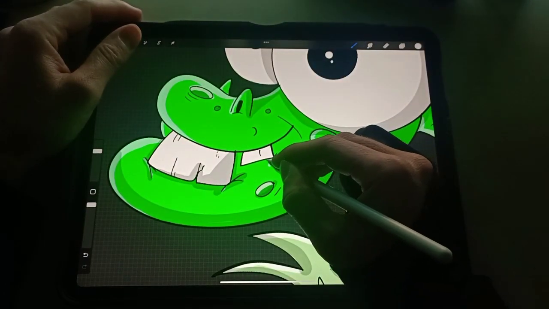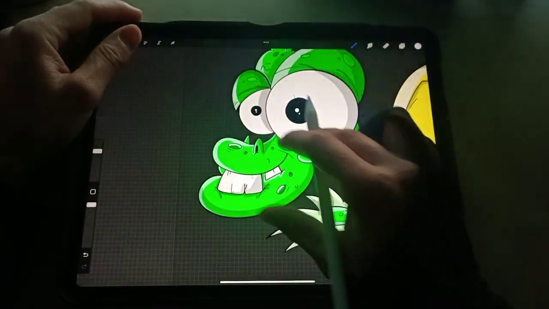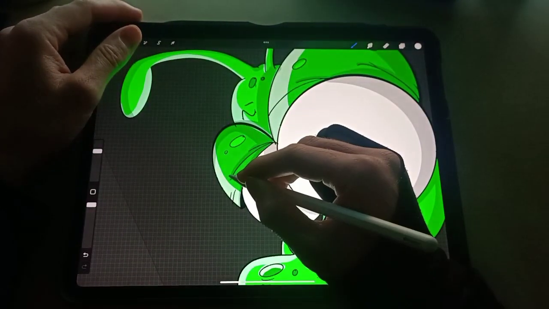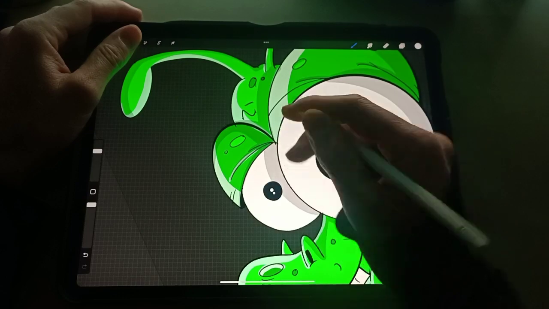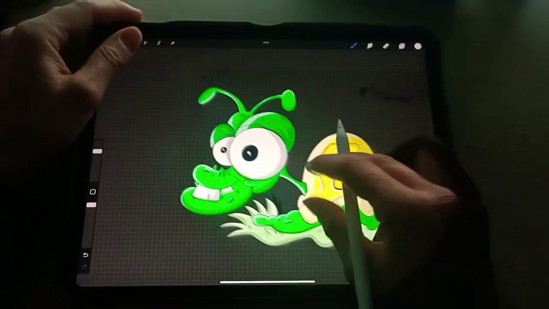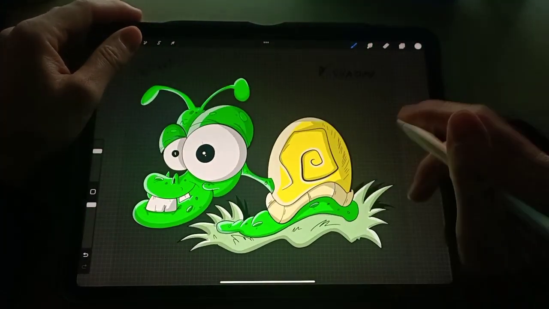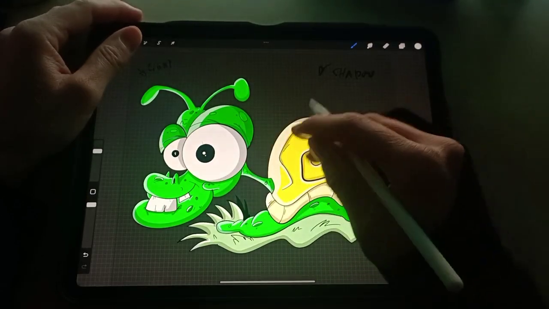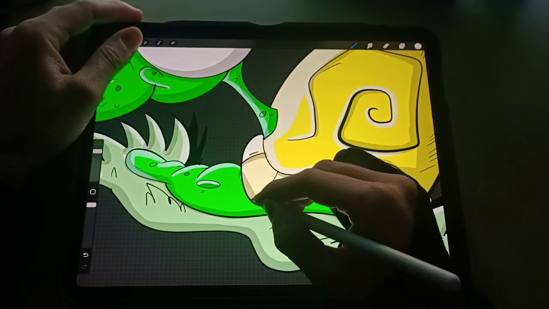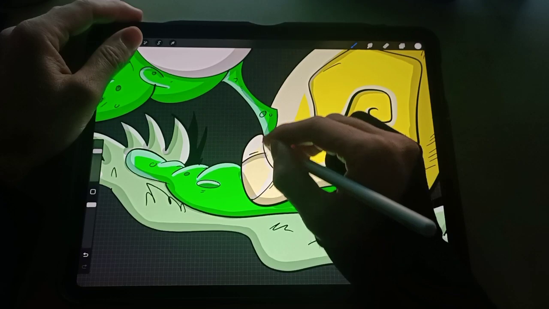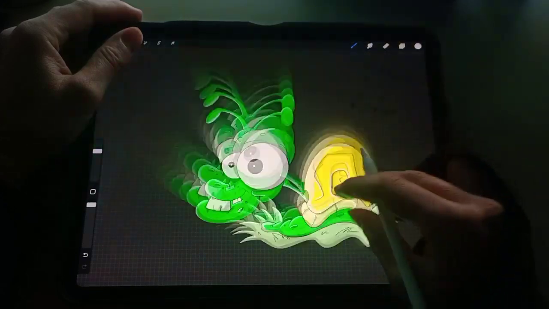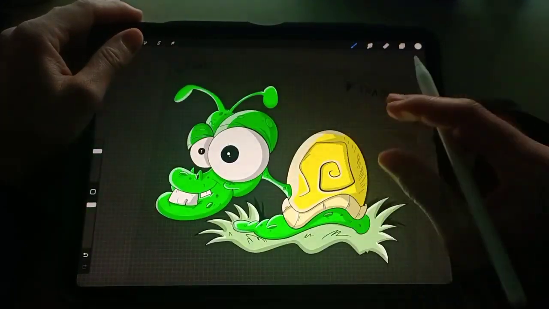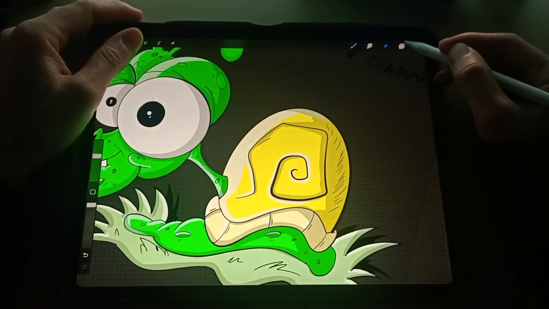What about here as well? You can. Right, pretty much done, guys. Okay, so what we do now, we put our highlights, but the other things you can do here, for example, if you want to give more depth to it,